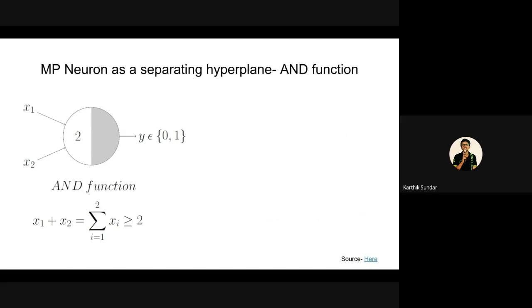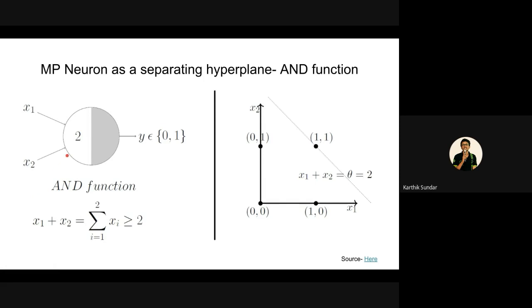So for an AND function, again, we have only 2 inputs here. Like we discussed the example before for 3 inputs, this is 2 inputs. Let's say for an AND function, what do we actually need as an output? For an AND function, both must be 1. So 0, 0 is 0, output is 0. For 0, 1, output is 0. 1, 0, output is 0. And only for 1, 1, the output is 1.